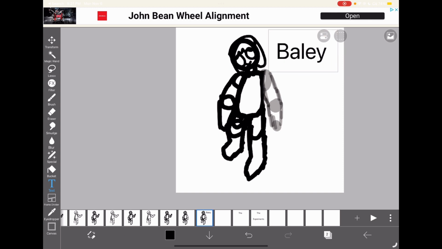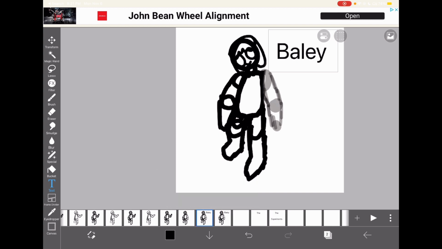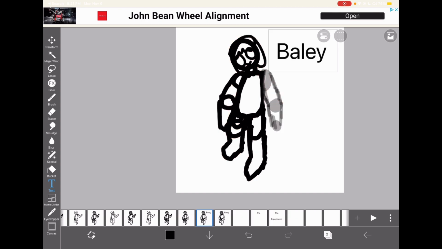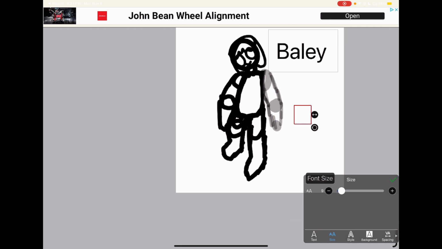Okay. Then I'm gonna duplicate. I'm gonna add for both of these to be 2 frames. Then after this, and to that, and this, and that. Yep, okay. And I'm going to have a smaller text that is,